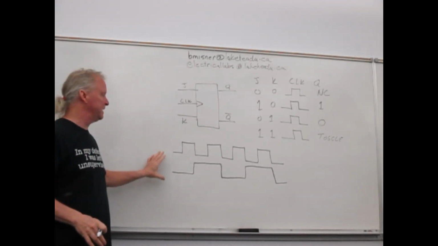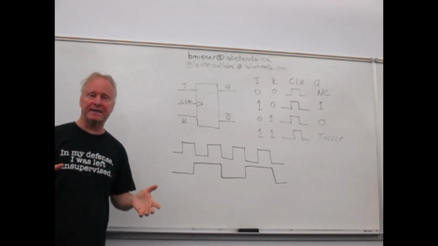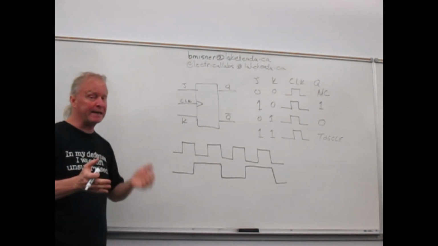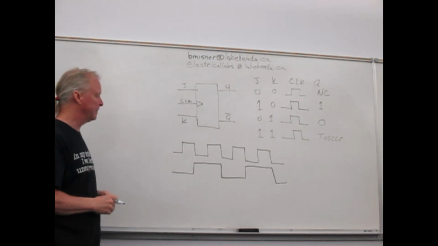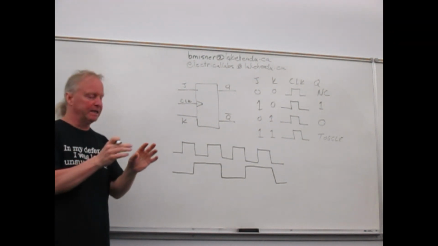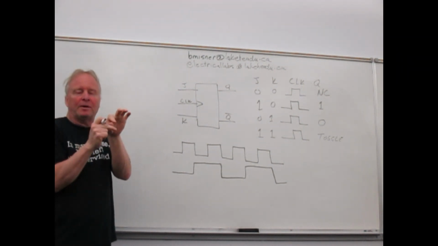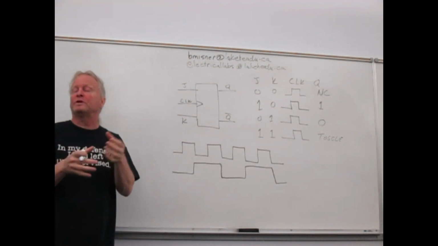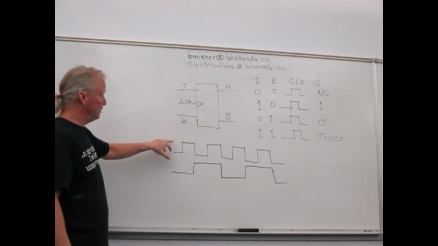We can make this, and if you look at your basic counter chip, say for example the 7490, if you look that up in your data sheet, you're going to see a bunch of JK flip-flops inside of there. Because that's what they do to build a counter, right? So again,